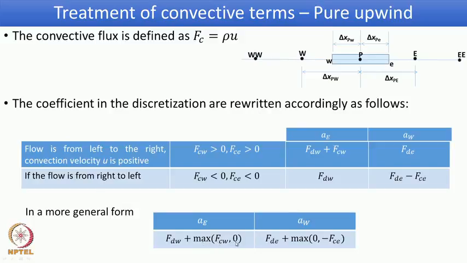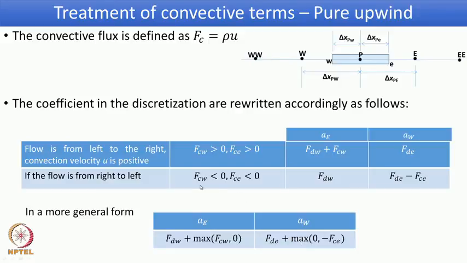So, 0 is the limit, and if the flow is from left to right, F c w is positive. So, that will be taken and added to the F d w and you get back that original coefficient expression. To get the other condition, we again write here if the flow is from right to left,